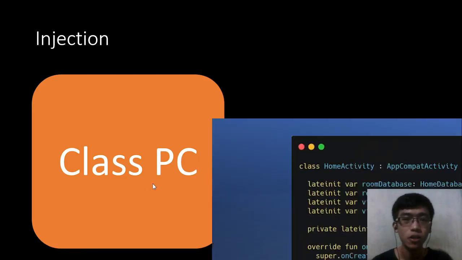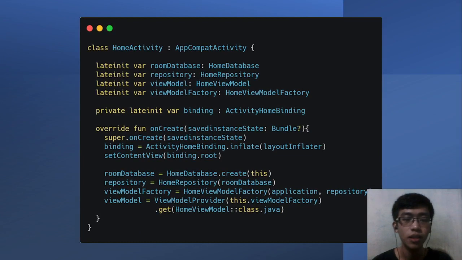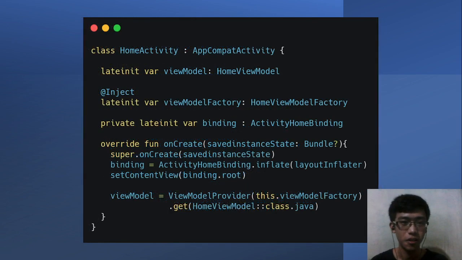So you can see here, this is the previous code sample, which is an implementation of view model factory. By using dependency injection, we can reduce the boilerplate code to something like this. As can be seen, we are using the inject annotation here, which is an element of one of the dependency injection libraries called Dagger.